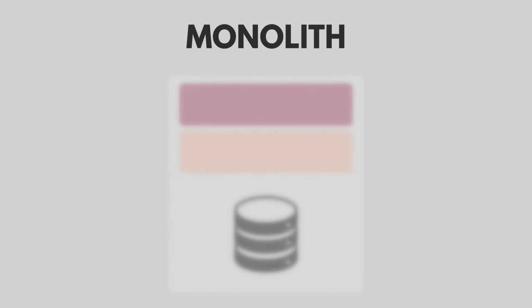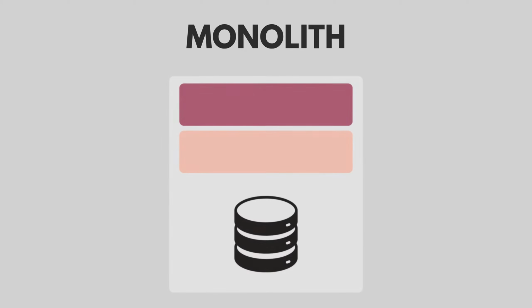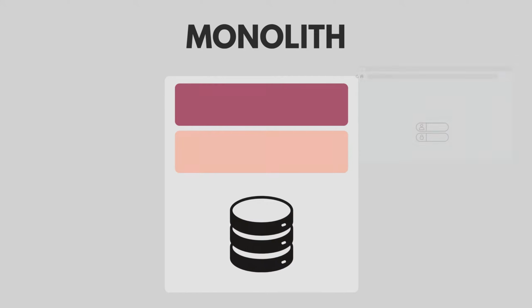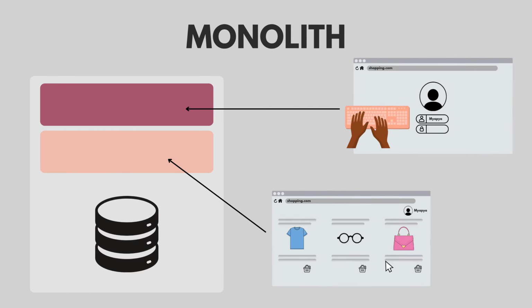In a monolithic application, all parts of your system live in one codebase. If you are building an online store, your user login, your product listings, checkout, payments would all live in one large application. It's simple to start with because everything's in one place, but as the app grows, it can get